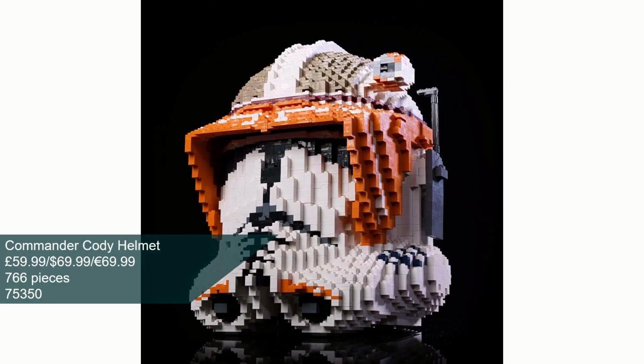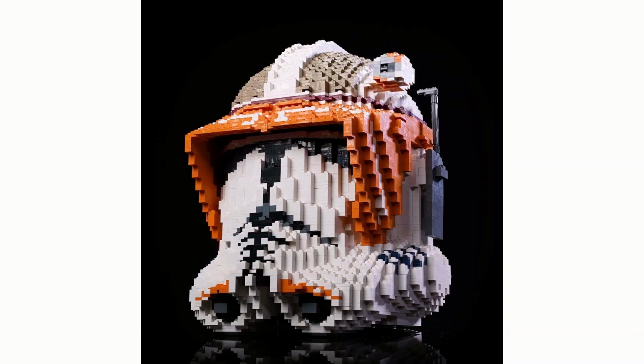Then we have the Commander Cody helmet. £60, $70, 766 pieces, 75350. This is also a really impressive render. But it seems like it's going to be a Phase 1 model, which doesn't really make any sense because all